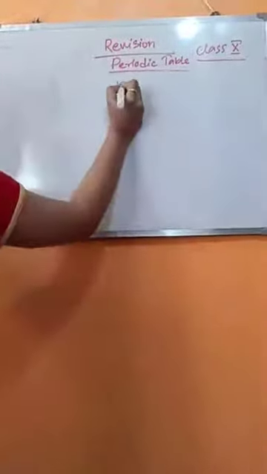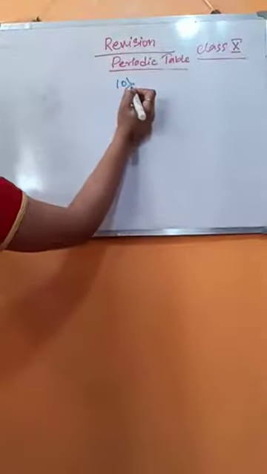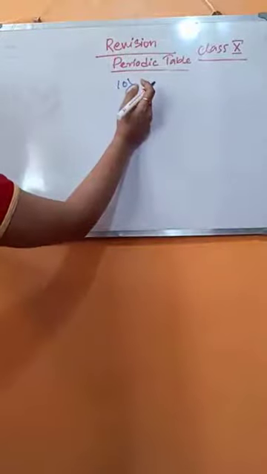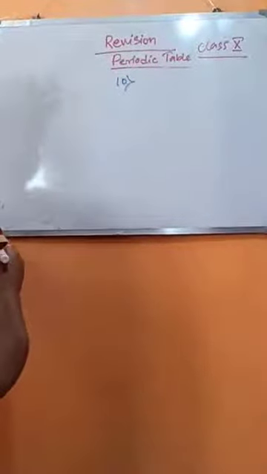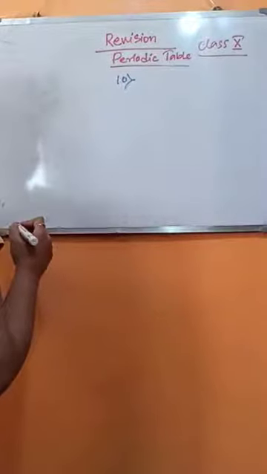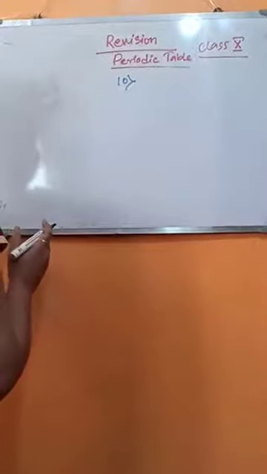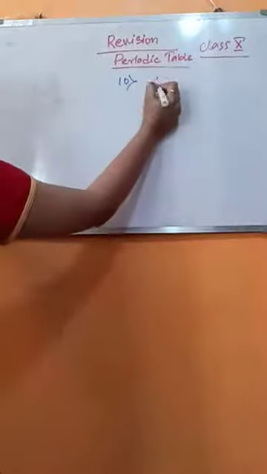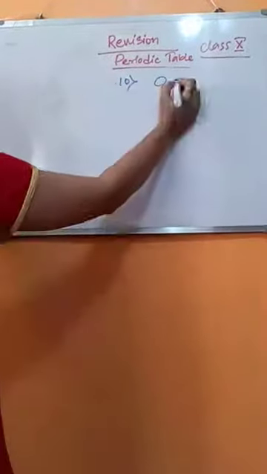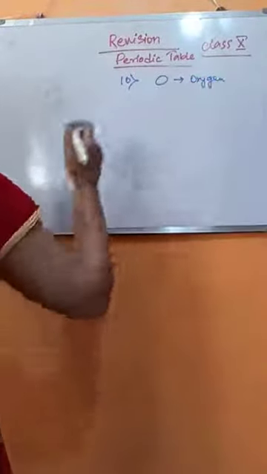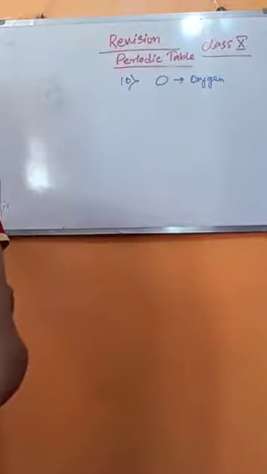See, look at your study material. You are provided with a portion of the periodic table. See, in this type of questions, the elements which have the symbol of a single letter will be represented by those elements only. Like in this table, I have given O. Here O means oxygen only.